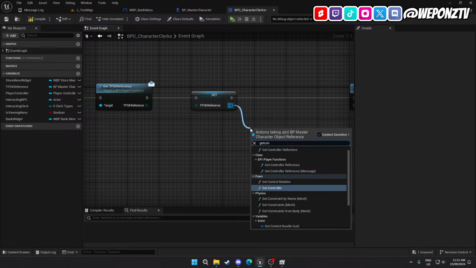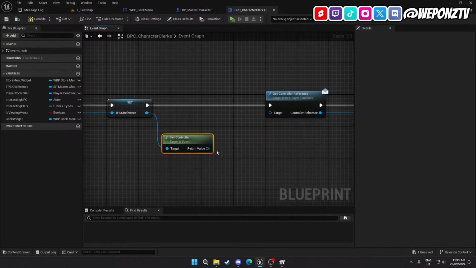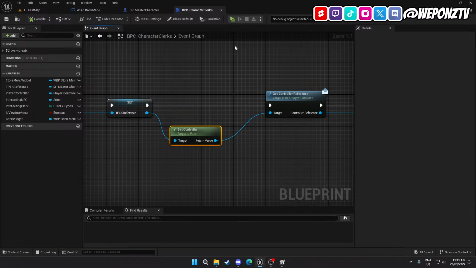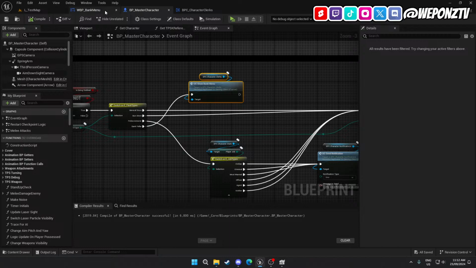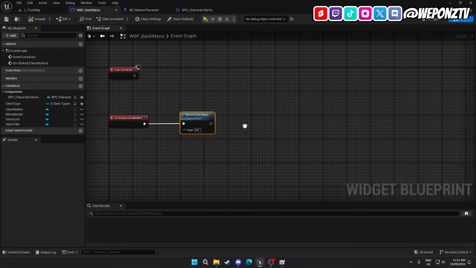Get controller. That might fix it, because I think sometimes that doesn't like it. Like it will compile, but it was referencing that one, I believe. Because that's not a very common thing to have. But when we close this, we need to